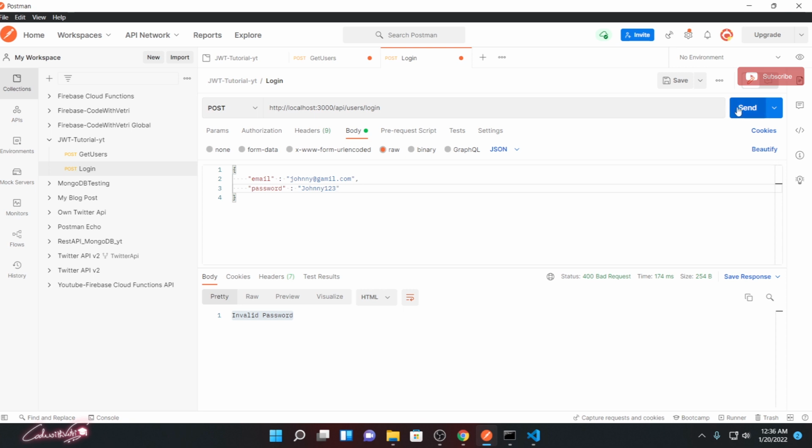If I send the correct password, nothing will happen. Everything is up and running fine so far. If you're sending a wrong email, it will throw invalid email. If you're sending a wrong password, it will send invalid password. So our function is working fine.